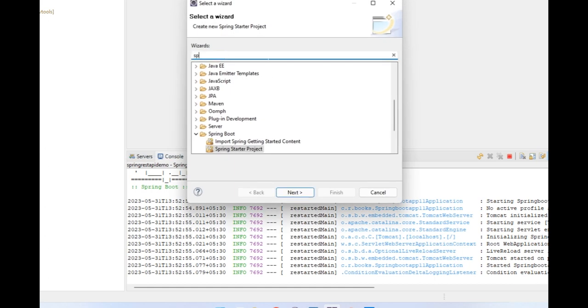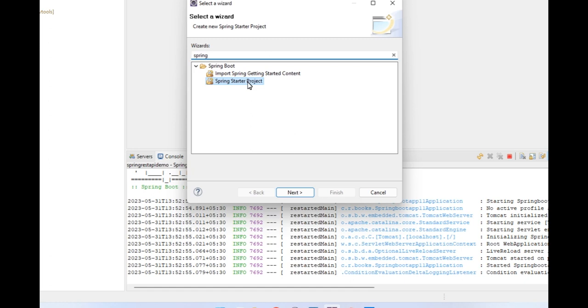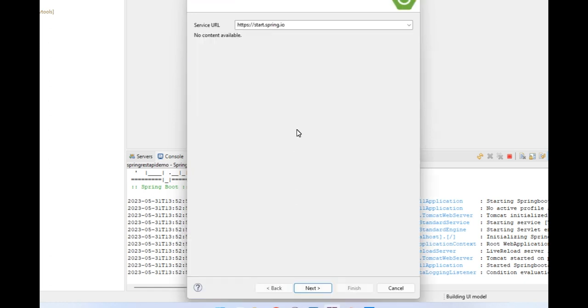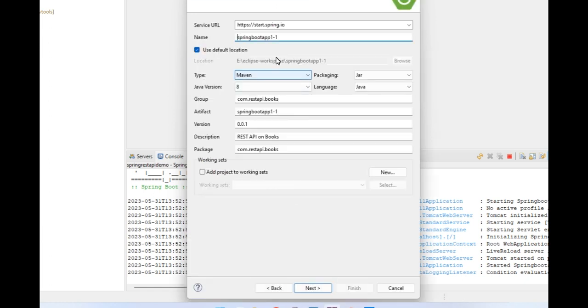It will open a window. There you just type Spring Starter Project. Click Next. It is asking for some entries here, so these are the mandatory entries to give the information about the application. The name of the application I'm giving here is REST API book service,